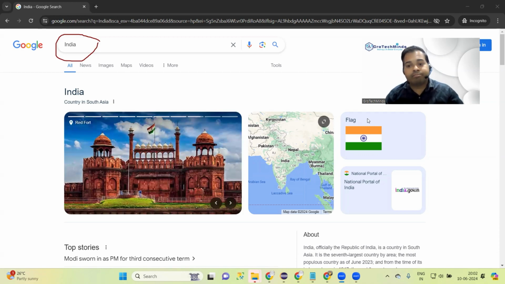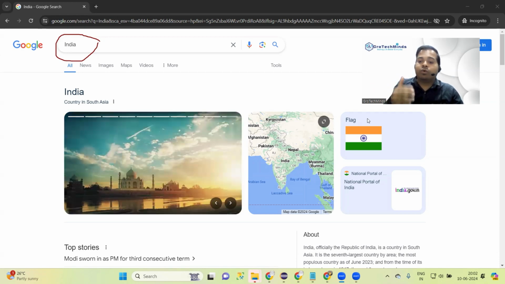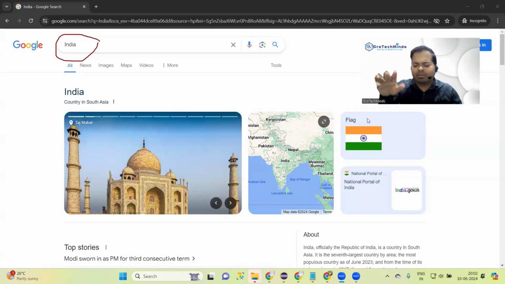Google. No. Let's read the definition of client again. Client is the one who makes the request. But here Google is the one who